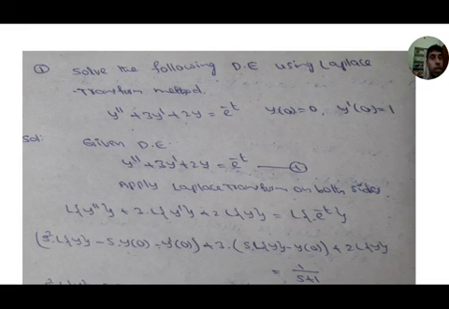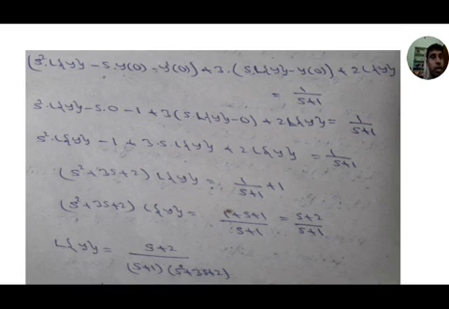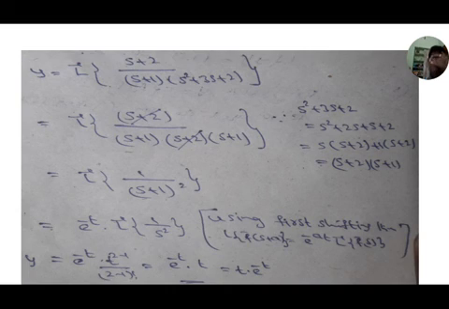First we take the Laplace transform on both sides. Next, use the formulas. Then third step, substitute the initial value conditions. Next simplify. After substituting the initial values, write the L of y in terms of s. Then take the inverse Laplace transform. L of y equal to, y equal to L inverse of that, and after simplification we get the answer t into e to the power of minus t.